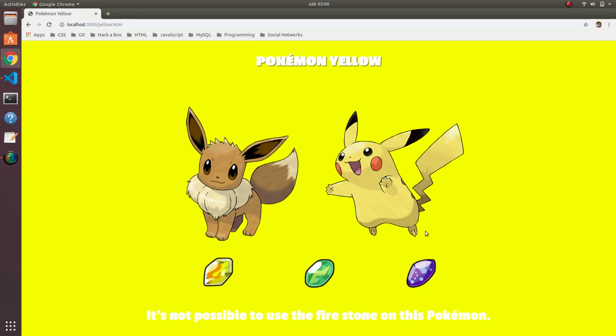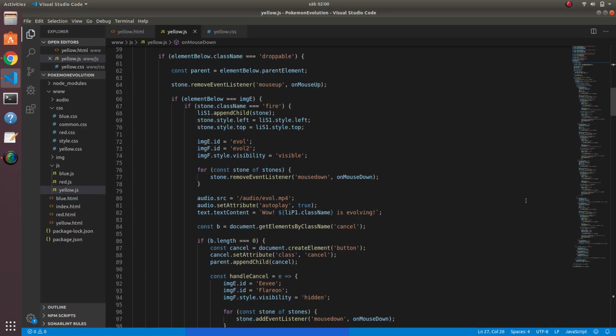If it's the Water Stone, it's going to be like this. Okay, but I'm not sure why when I do this it goes there. I'm pretty confused right now. If some of you have any idea of why it does this, please tell me, because I have to investigate it. Anyway,